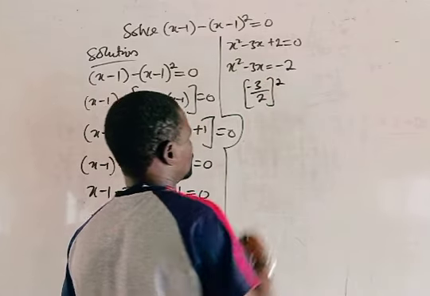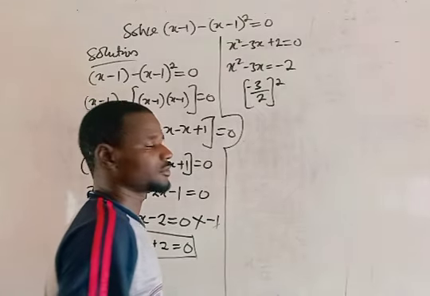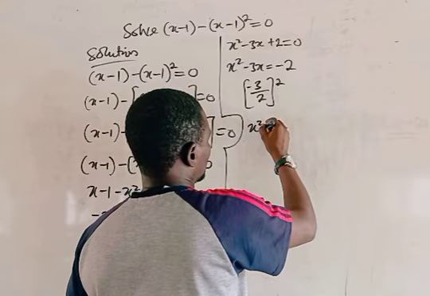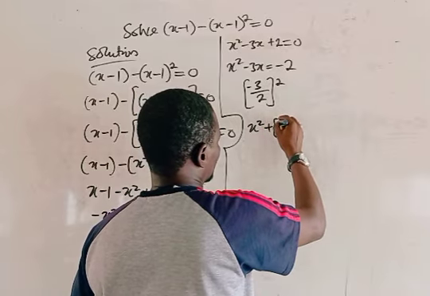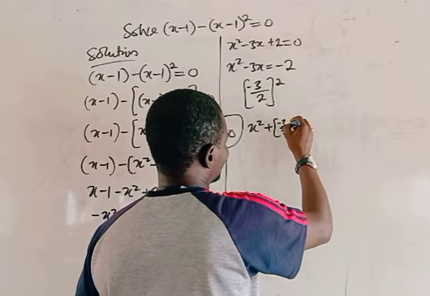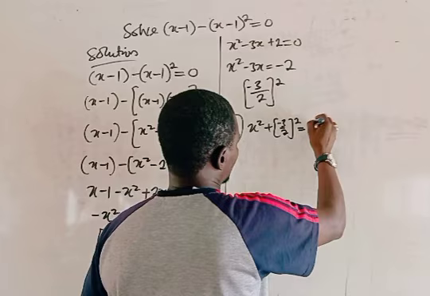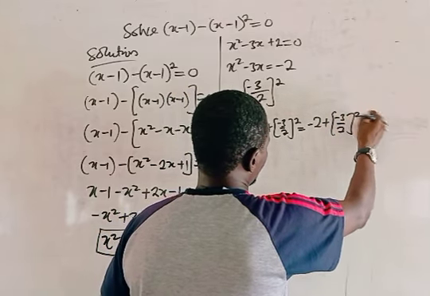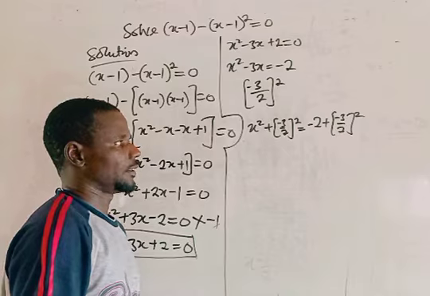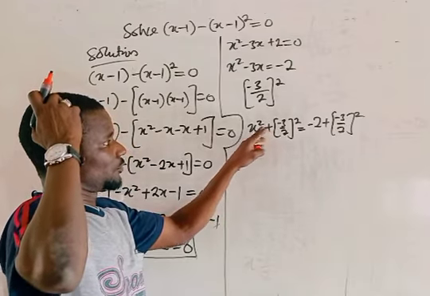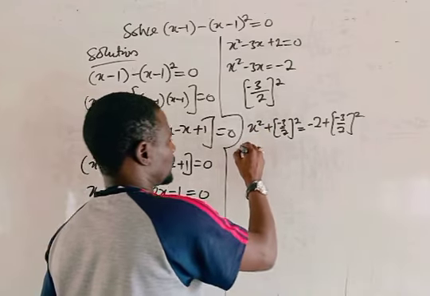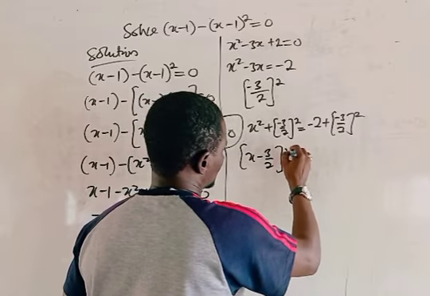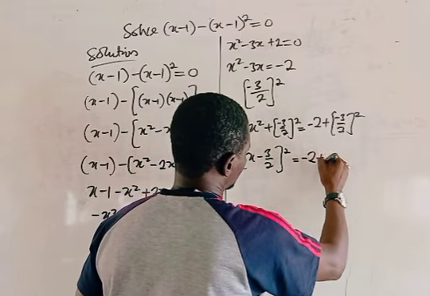Square it and add to both sides, removing the middle term, meaning we take only x squared, then plus or minus 3 over 2, squared, equals minus 2 plus or minus 3 over 2, squared. This is what we should do from the beginning. Now after having this, since this is 4, we can factor out the power. We have x minus 3 over 2, squared, equals minus 2 plus or minus 3